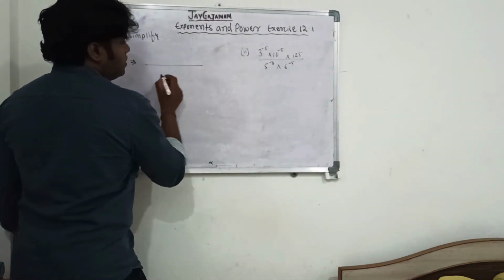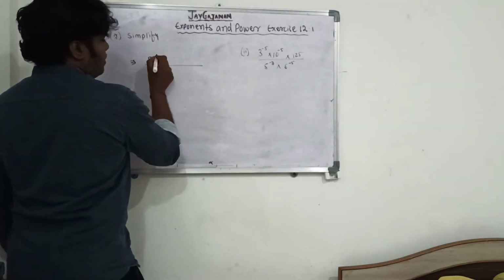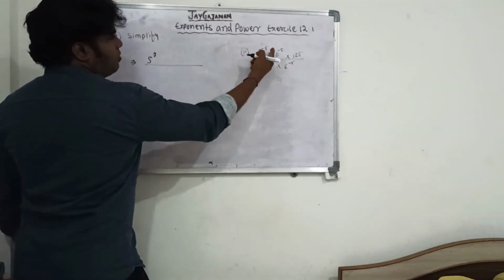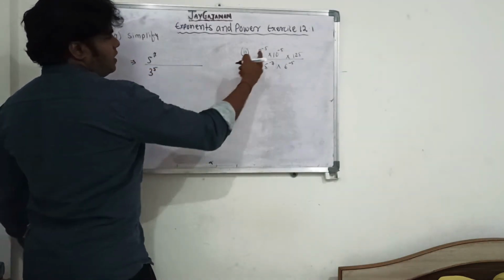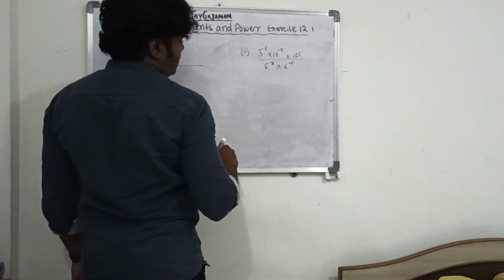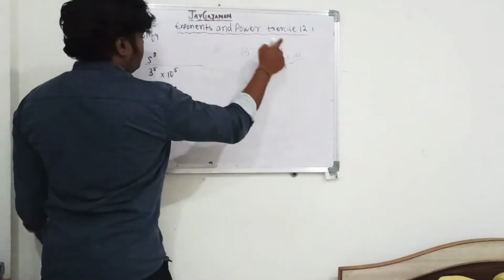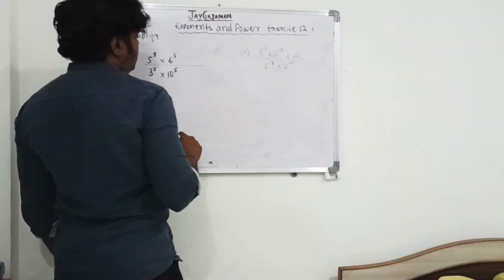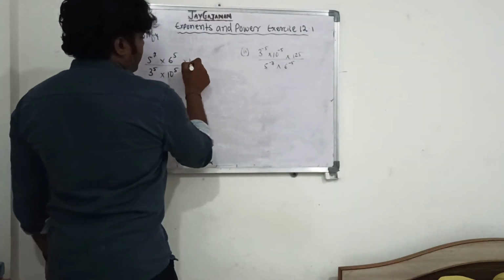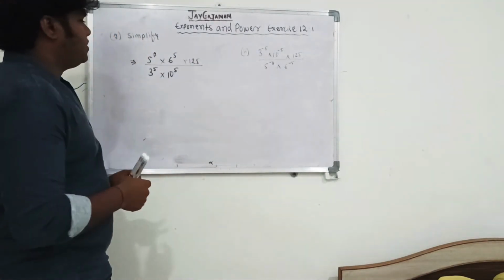So this 5 to the power minus 7 is there. We will take it up, 5 to the power plus 7. 3 to the power minus 5 is there, we can take it down, 3 to the power 5. 10 is in negative, that can come down, 10 to the power 5. 6 to the power inverse can go up and become positive. Now 125 is left, correct? So from this step we came to this step.